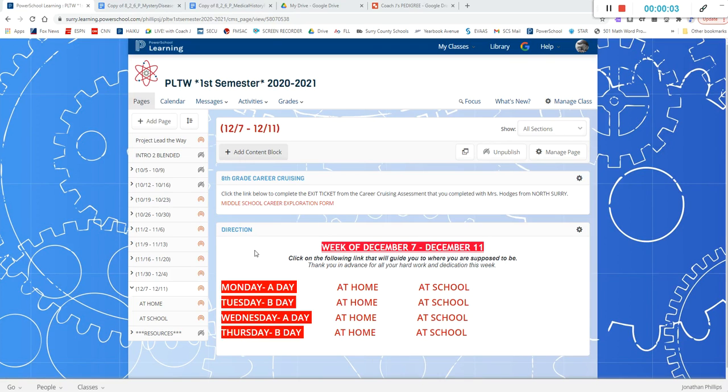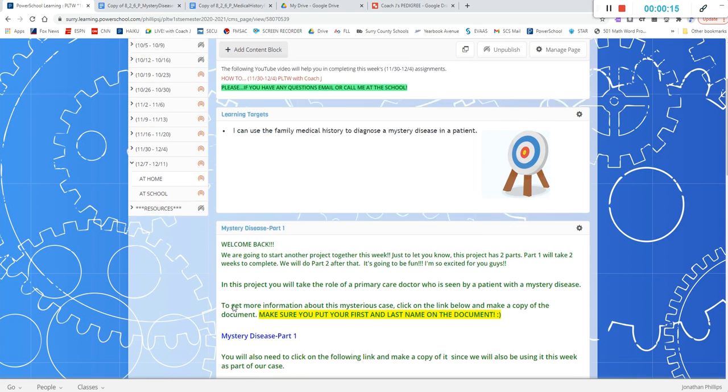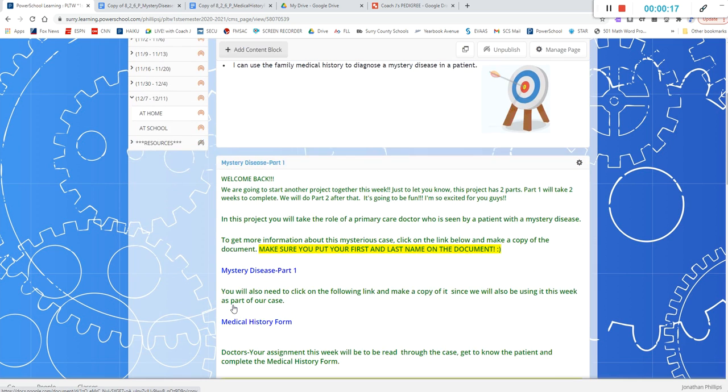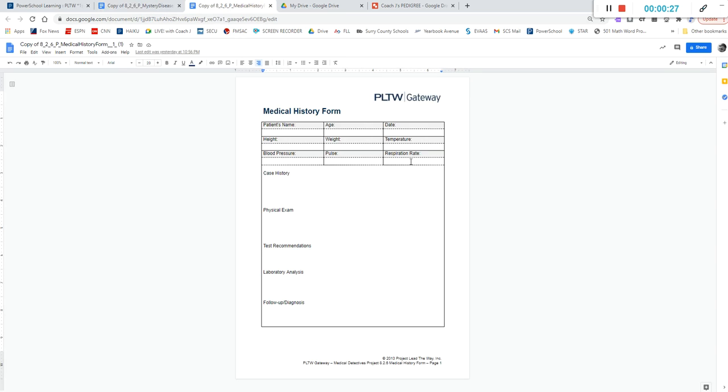I'm going to go over the activities that you're required to do for December 7th through December 11th. So here we are on our Haiku page. You'll click at home. And this week we're going to pick up right where we left off with the medical history forms and the mystery disease of Mr. Joe Bloggs. If you remember last week, what you were asked to do is read this information here and complete the top portion of this chart, the case history, and the physical exam sections. That should already be completed because you should have done that last week. This week we're going to work on the test recommendations, the laboratory analysis, and the